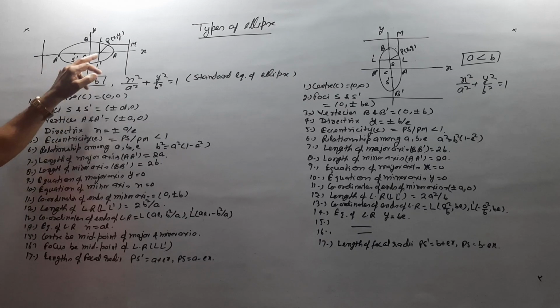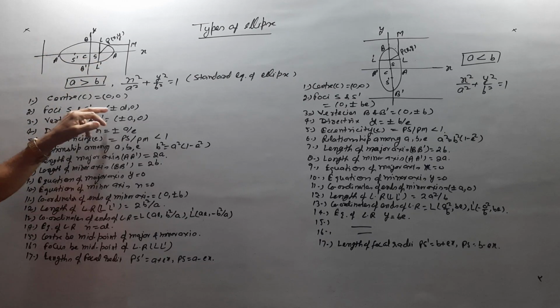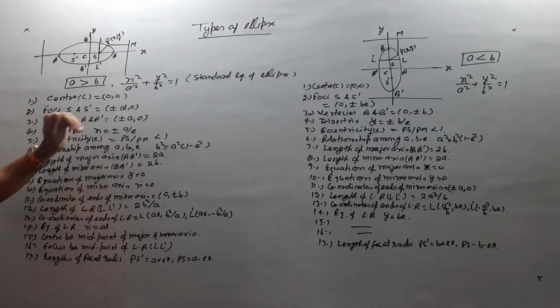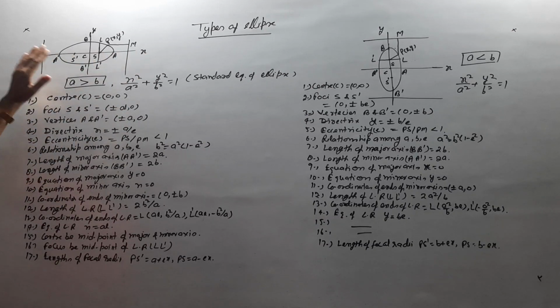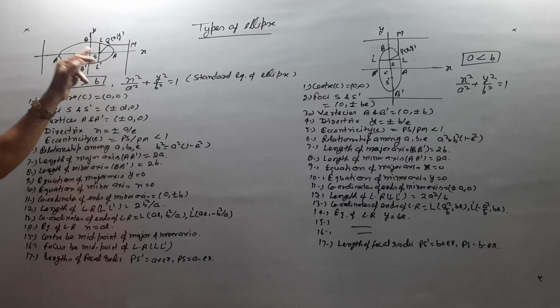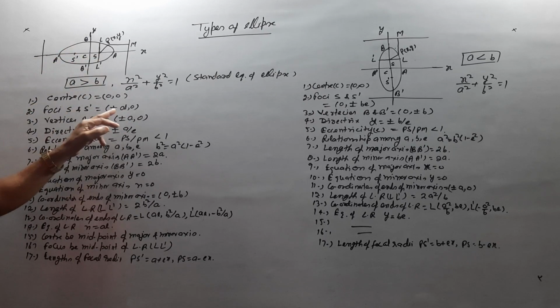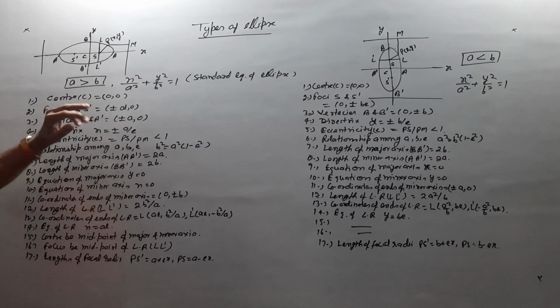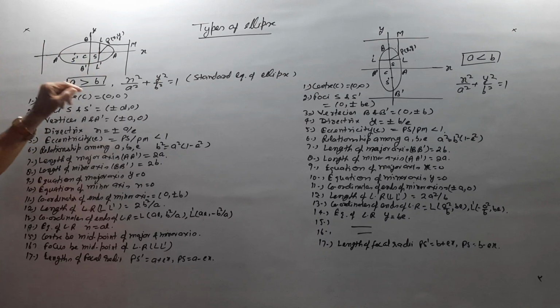Foci: here are two foci S and S dash, with coordinates plus minus AE, 0, because the foci are lying on the x-axis, so the y coordinate is 0. To the right of the center, or right of the origin, is S, whose coordinates are plus AE, 0, and S dash is lying on the left, so minus AE,